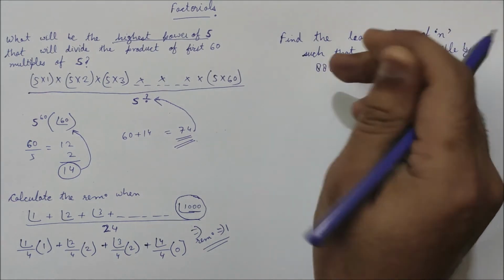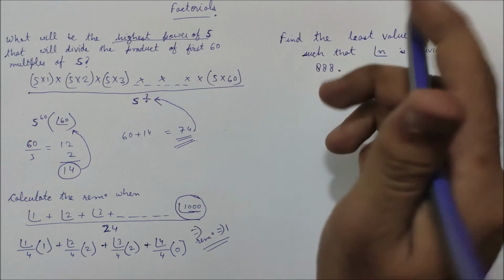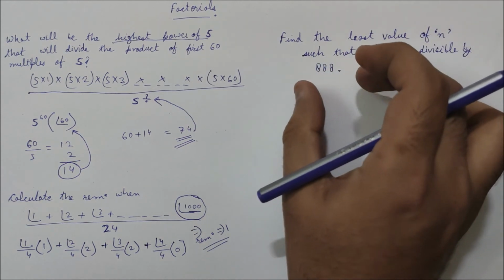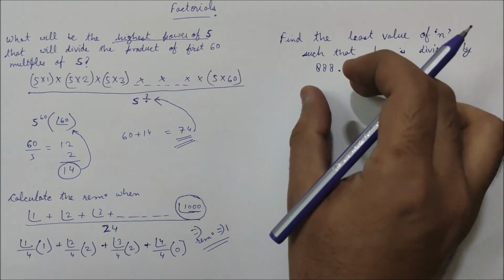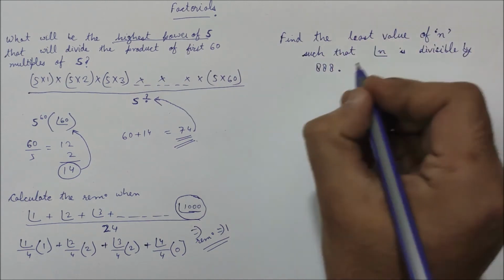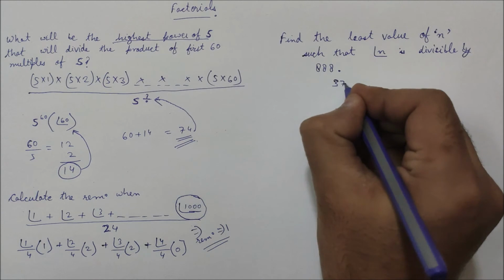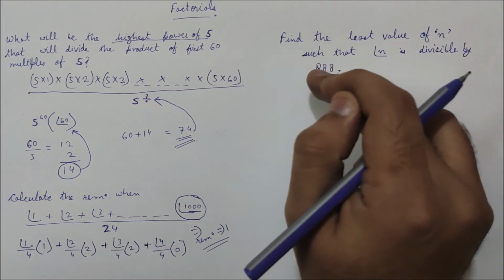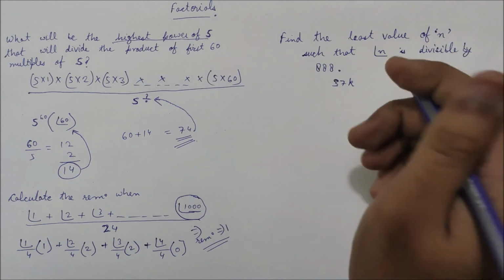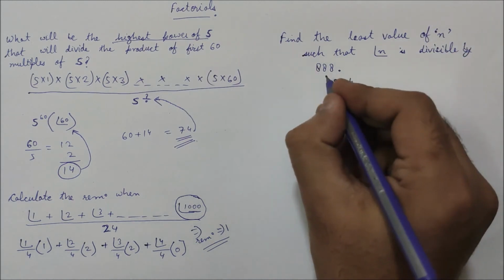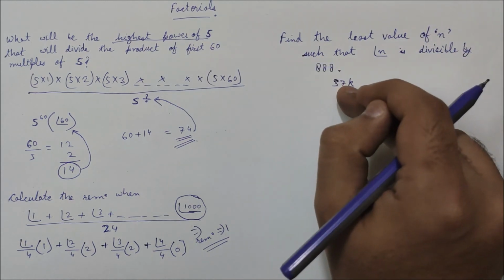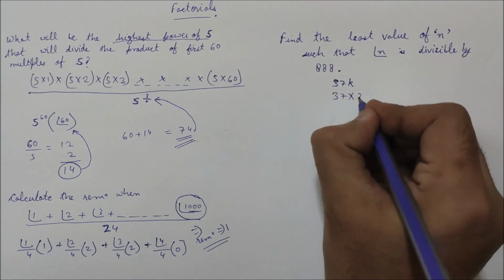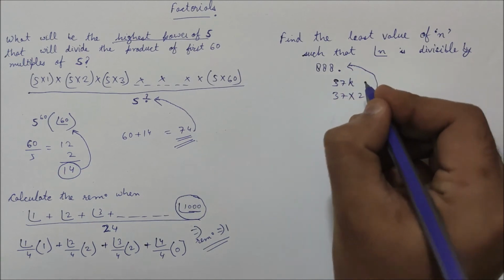Now 888 is a beautiful number. We have already discussed numbers of the sort AAA where all three digits are the same. When all three digits of a number are the same, they are a multiple of 37. So 37k will give me a number of the form 111, 222, 333 or something of that sort. So this number necessarily has to be a multiple of 37. So 37 into 24 gives me 888.